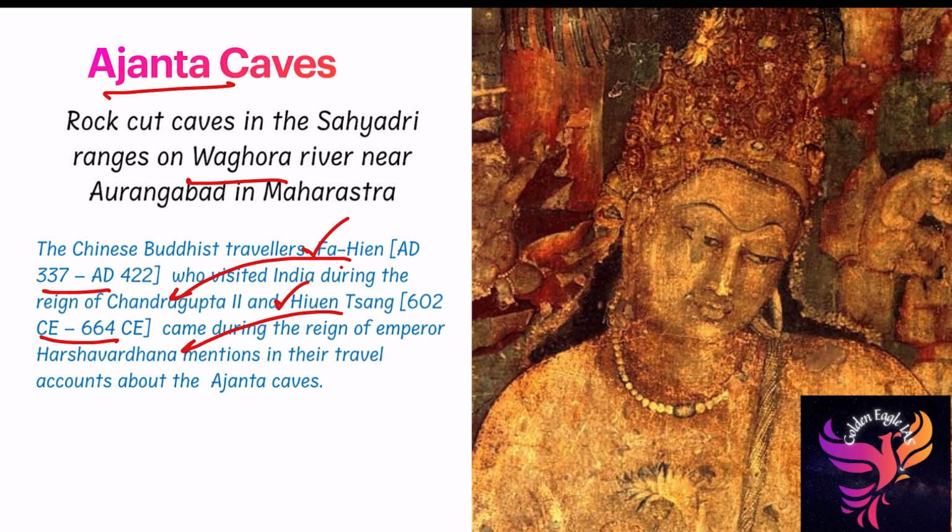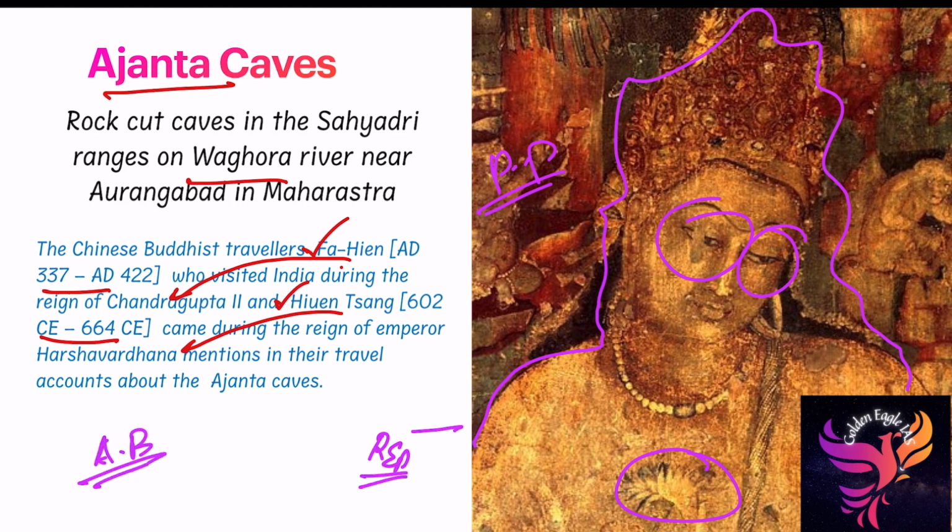If you move on to paintings, this painting is called Padmapani. In this painting, Lord Buddha is holding a lotus flower with half closed eyes. This is one of the famous paintings. A question can be asked: the Padmapani painting was located in Bagh caves. It is an incorrect statement. One more thing you have to remember: the paintings were outlined with red color and there is an absence of blue color. Not only in this particular painting, but in the entire paintings of Ajanta caves there is no blue color. This is one more fact.